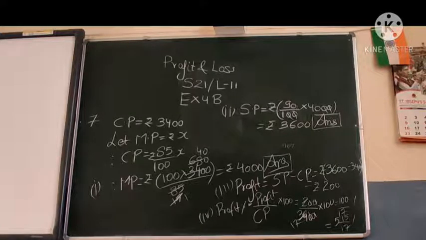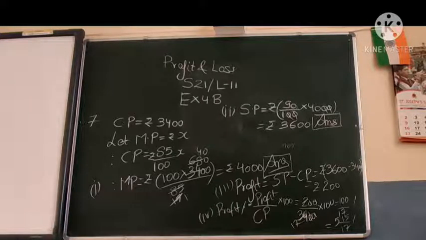Now see, in this question, they have told directly that you calculate profit only. It might be there that they will say calculate profit or loss. So in that case, you have to decide whether profit is obtained or loss is obtained. Because if SP is more than CP, then certainly it is a case of profit. But if SP is less than CP, then what? It is a case of loss. So accordingly, you have to calculate profit or loss percent. But the question is telling you, so you should be careful that SP should come more than the CP.